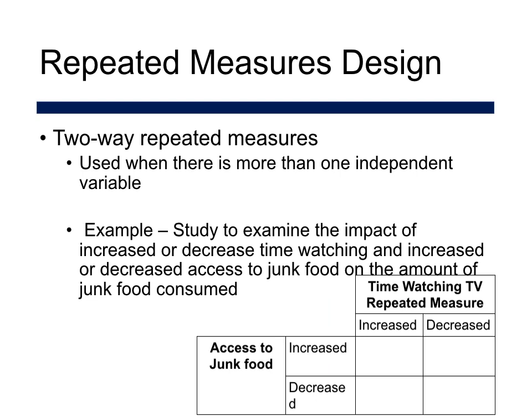Two-way repeated measures are typically used when there is more than one independent variable. Let's take a look at an example. Say we wanted to examine the impact of increased and decreased time watching TV and increased or decreased access to junk food on the amount of junk food consumed. Both time watching TV and access to junk food are the independent variables, and the dependent variable is the amount